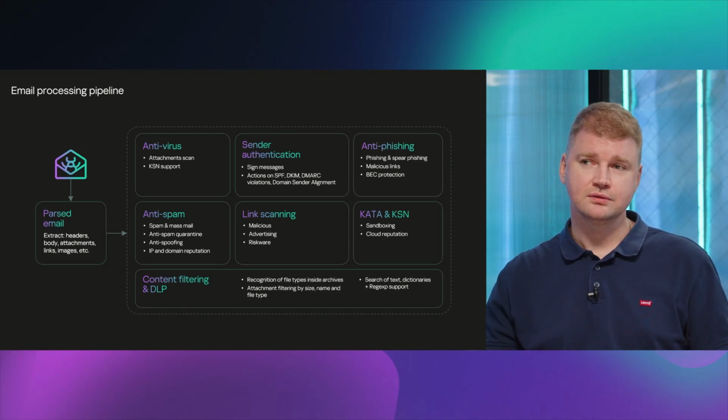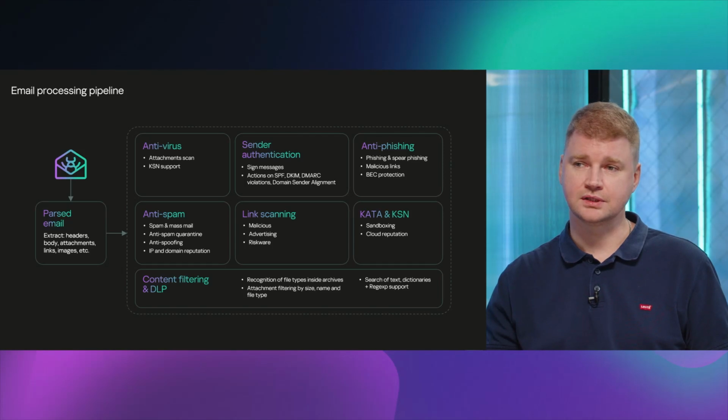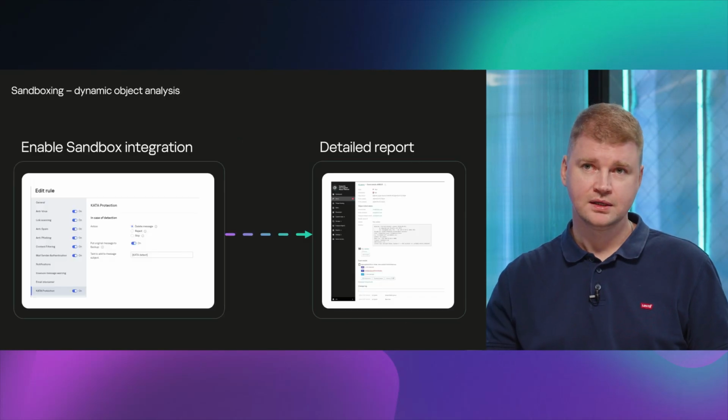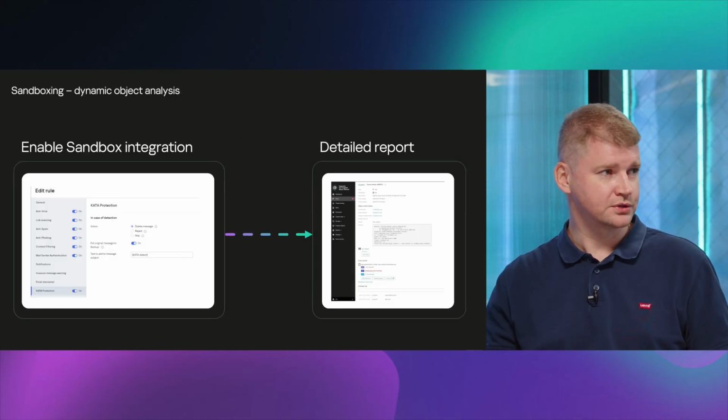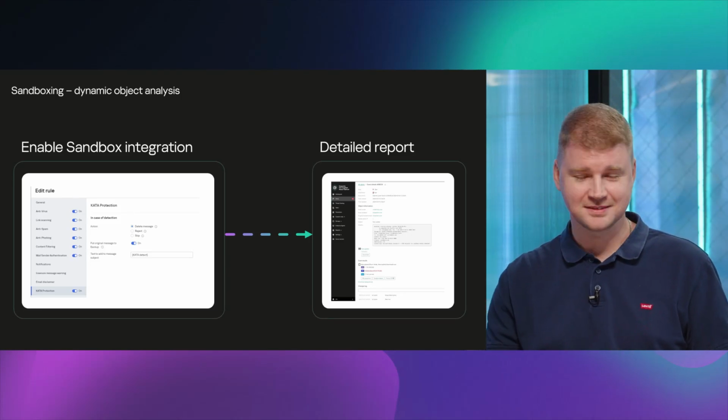There are, by the way, also two very important technologies we should discuss and tell more about to our listeners. First one is our cloud reputation, Kaspersky Security Network, and network sandbox. Speaking about sandbox technology, if our solution is integrated with our advanced sandboxing solution called KATA, which stands for Kaspersky Anti-Targeted Attack. That's correct, Sergey, thank you.